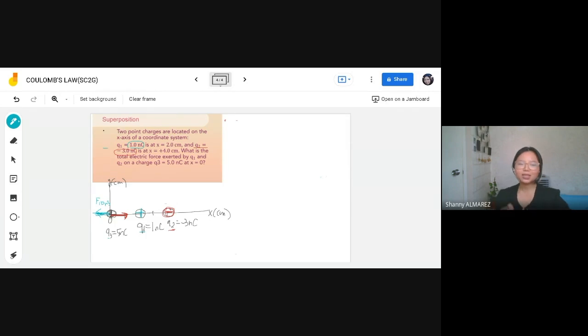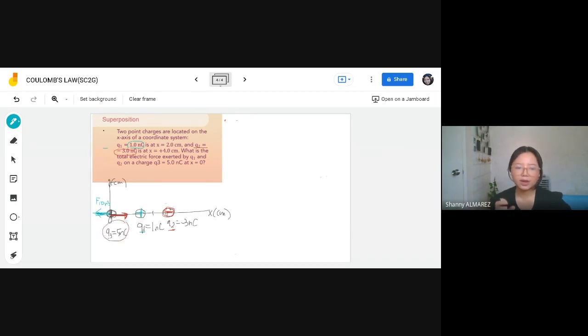So if you can see, magkaiba ngayon yung direction ng force na na-experience ni Q3 kay Q2, tsaka Q3 kay Q1. So in this situation, ang focus or ang bida dito ay si Q3. Tapos para lang siyang may dalawang friend, si Q1 at si Q2, magkaiba yung sinasabi sa kanya. Si Q1 sabi sa kanya, "Uy, pumunta ka sa left." Si Q2 naman sabi sa kanya, "Uy, pumunta ka sa right." So ang tanong, sino ang mas may influence? Is it the first charge or the second charge? Yun yung pinakatanong dito.